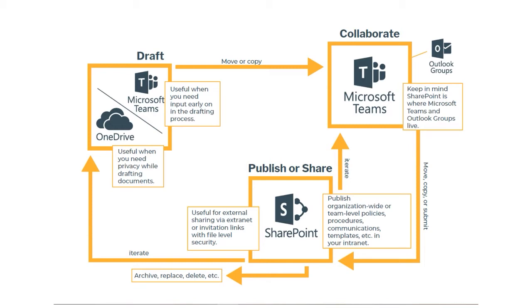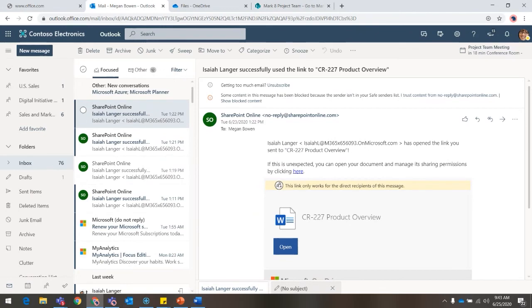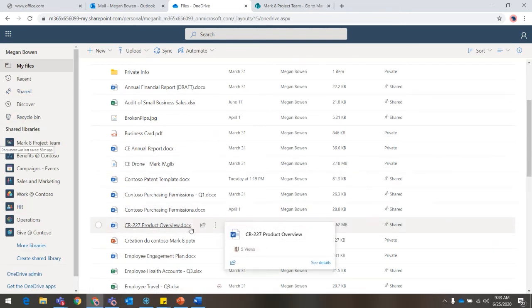So I'm actually going to exit out of this presentation and go through a quick demo. Just bear with me as I switch gears here. Once I'm here, let's say I've put this CR227 product overview document together